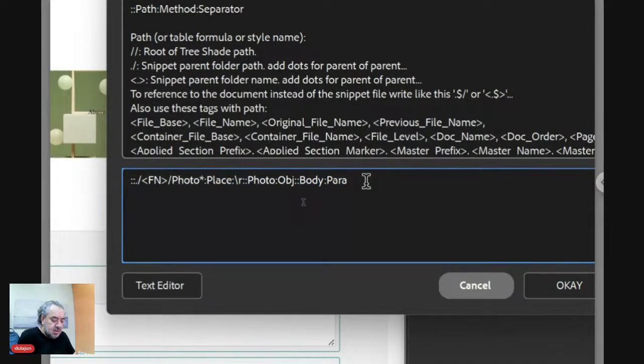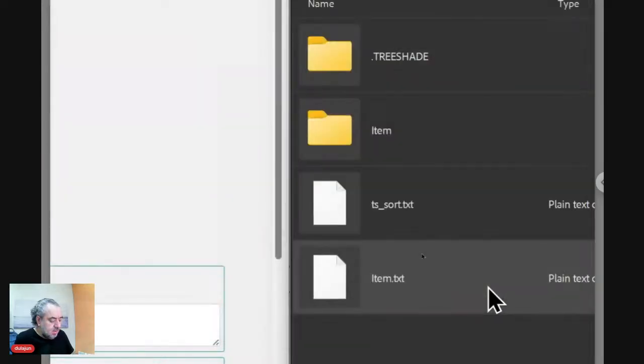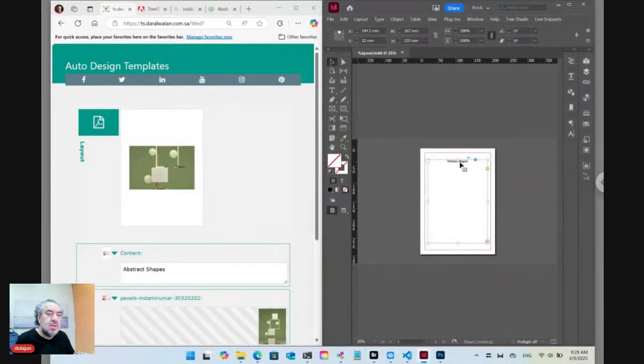At the end I can add colon, and then let's say 20 milli width, or let's say relative width, to change the width and height together to keep the ratio. Okay. Now if I update,